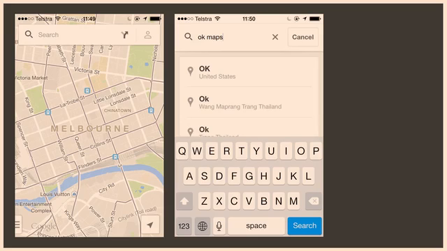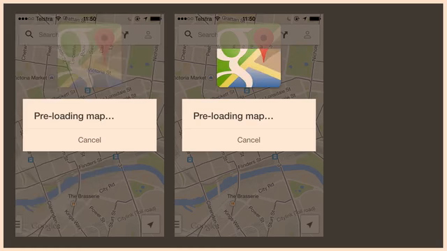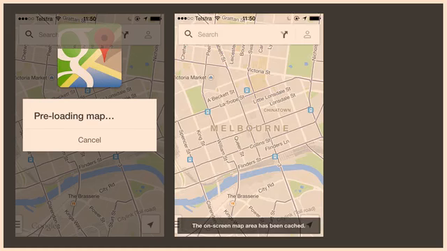So you go into the search box, you enter OK Maps, you press search, it will preload the map, and it even has a funky loading animation. The on-screen map area has been cached. Fantastic. It's obviously experimental and hacky, but it's quite useful. But you could go further. Now, Maps knows where you live, right? So imagine if it would preemptively download your surroundings as soon as you go overseas and you're on Wi-Fi. That'd be cool. But on the other hand, this nicely demonstrates some of the problems when you're doing offline.